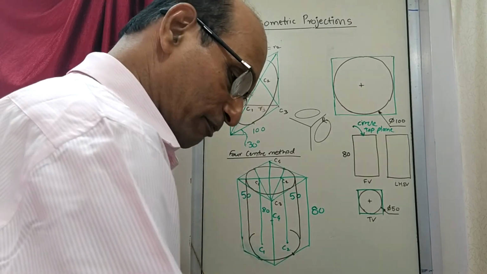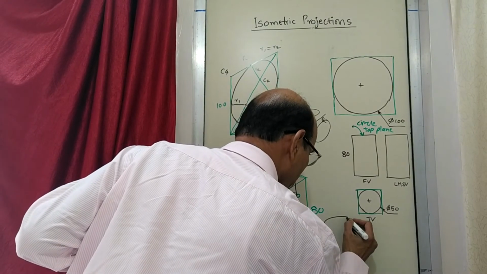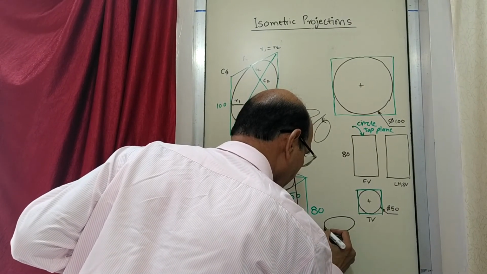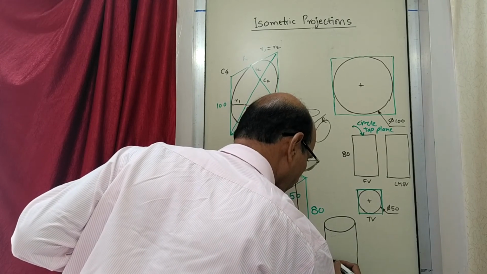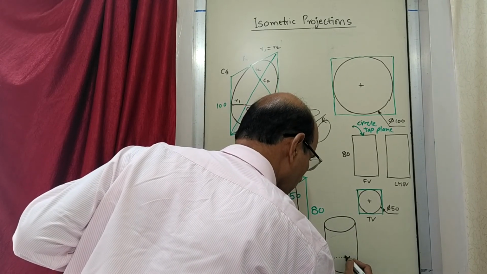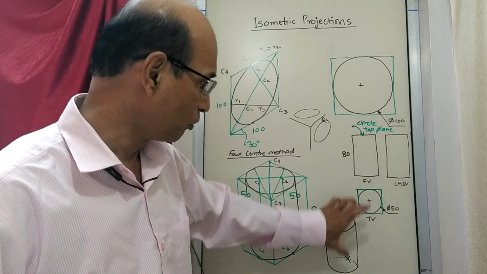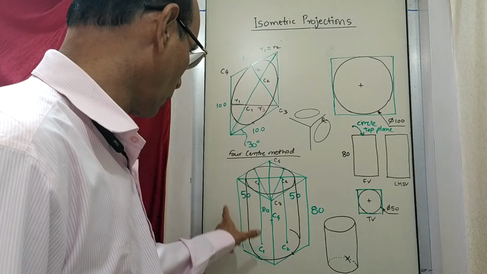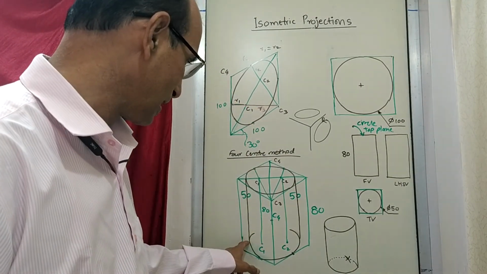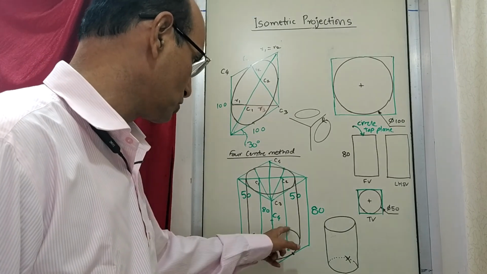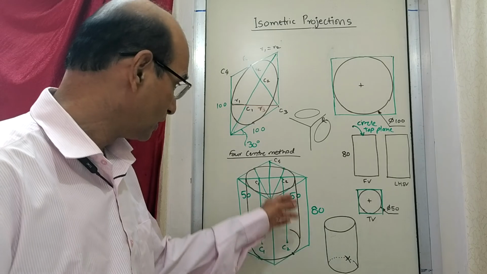So the cylinder, if you think how it will come, I will just draw only the cylinder. This is there, but we have not drawn it. This becomes the cylinder, how it looks. This will look like this in isometric. Procedure wise, this is how you will draw. Okay? And once you finalize the tangent points, then you make it dark. Initially you draw these arcs light, because we don't know where it will touch. After you draw these lines